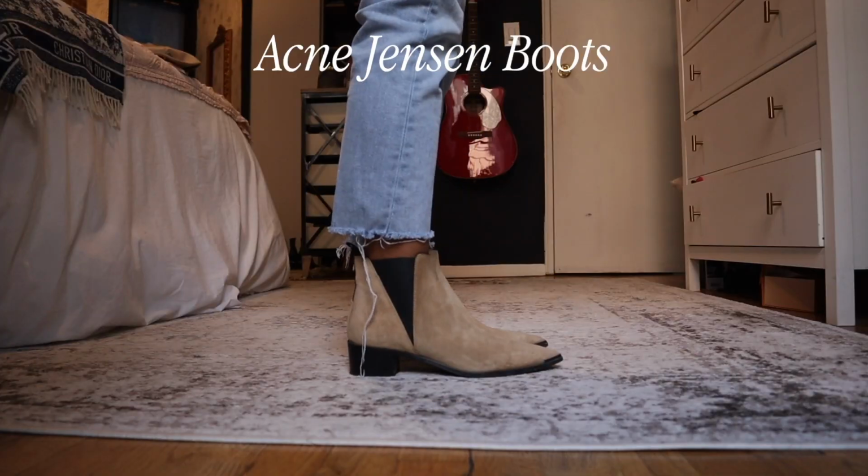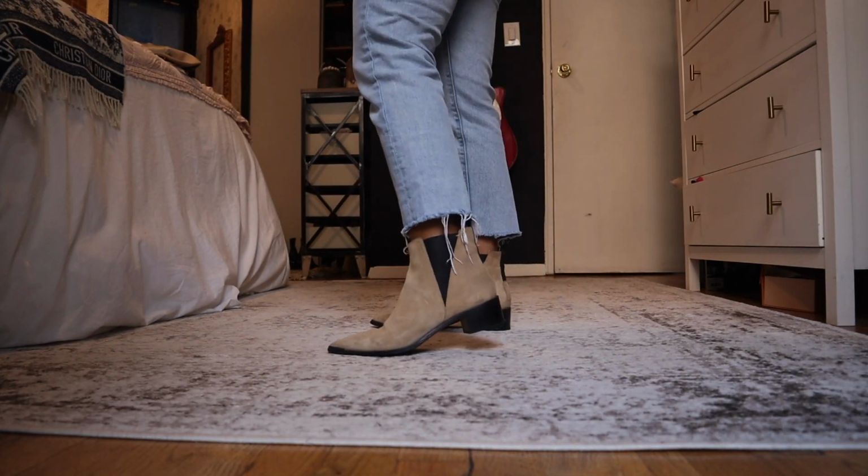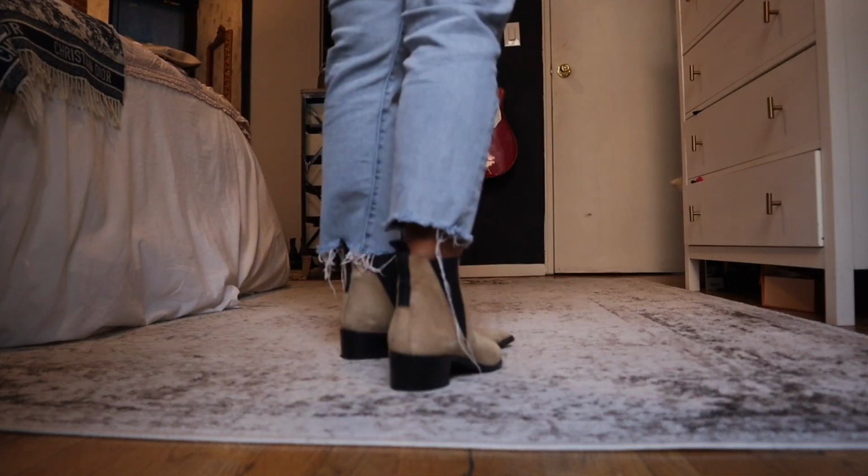These are the famous Acne boots. I think they're the Acne Jensen boots, and I had wanted a pair for such a long time, and to be completely honest, I was a little underwhelmed and ended up getting these from the Acne outlet over at Woodbury Commons. So a couple of things that I'm not really impressed with. Sizes don't really run true to size. I did get a 40 and I probably should have gotten a 41, and so that's my bad, but the shoe itself is pretty narrow towards the front, which creates that really pretty elongated illusion, but also means that you have to